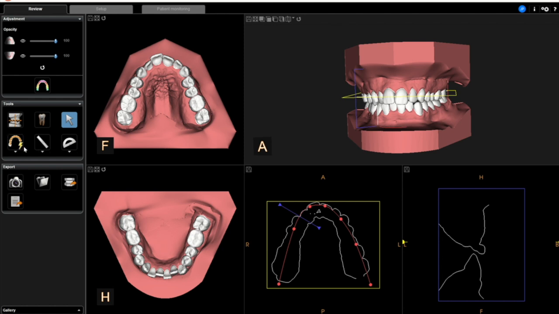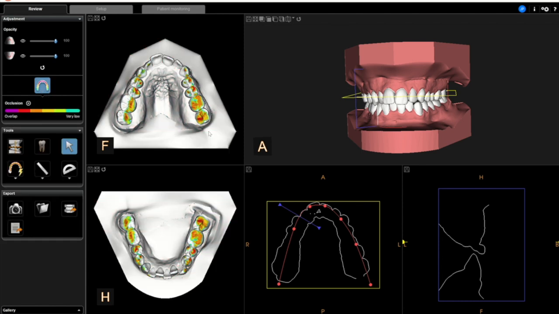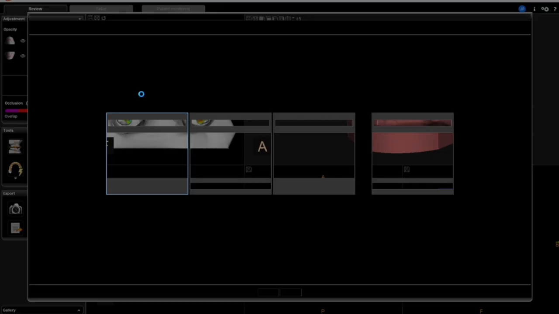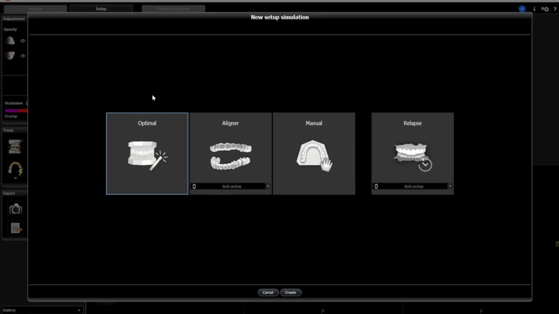If there isn't an arch, we can create it. We can also do some measurements, and we can also measure angles if needed. We can display occlusion, so maybe let's see how this pressure looks like here. But IS ortho is mostly for simulations, for orthodontic simulations. So we have this setup, and we can create a new simulation, depending on what we need. You can create an optimal one. We can create one for aligner, and we can decide